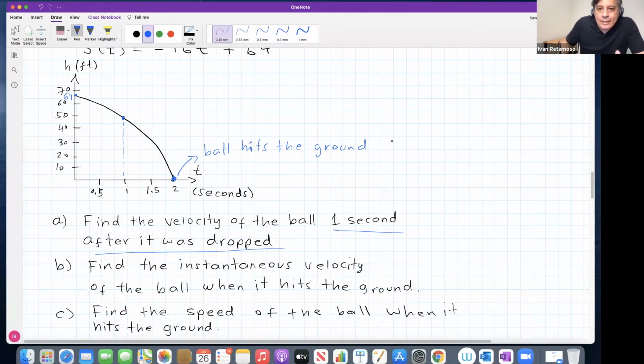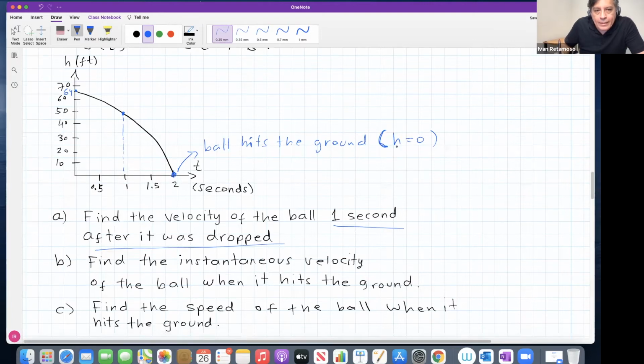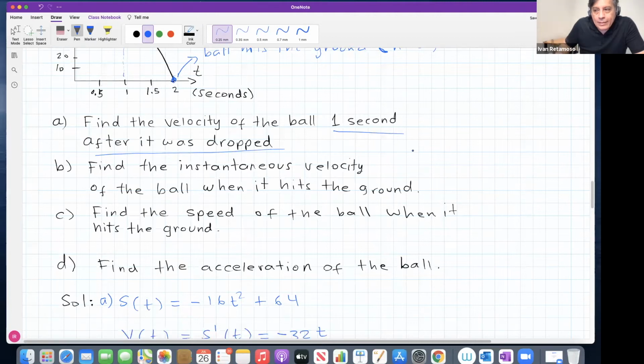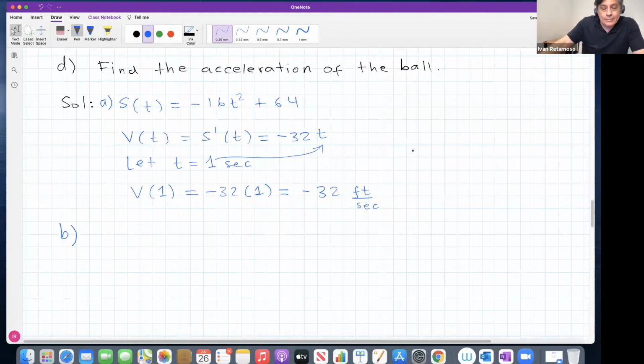Hit the ground. Height equals 0, right? Height 0. Okay, so let's do that. Let's find out at what time the ball will hit the ground, right? The ball will hit the ground